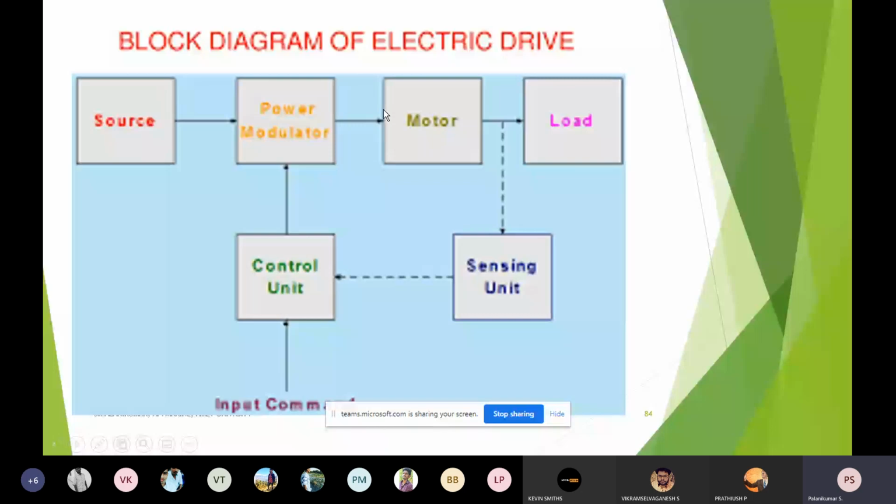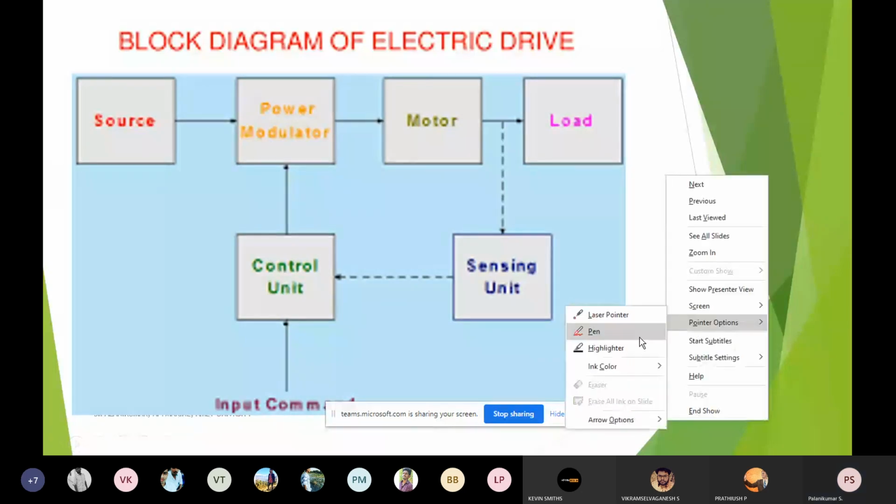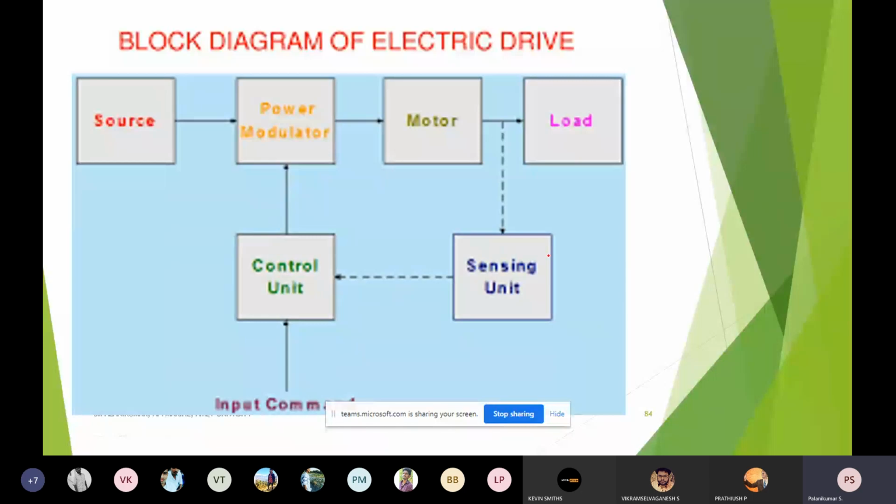In an electrical vehicle or hybrid electrical vehicle, the motor is only a unit which produces the required amount of mechanical power, and it also acts as a generator when there is braking. But the power flow direction, how much power input, what the frequency and voltage are, and the direction of rotation are all decided by the other units. So I cannot employ the motor alone as a component. I have to go for another concept called electric drive.